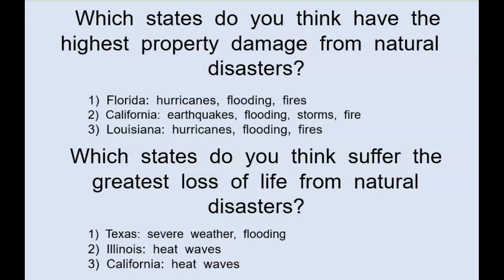So I also want to make an annotation here, and that is that the natural hazards that are mostly responsible for loss of life in California and Illinois again are heat waves. And although this is true, it is important to clarify that heat waves are especially harmful to those who have underlying health conditions. So this is tough to attribute loss of life to solely the natural hazard in many cases.